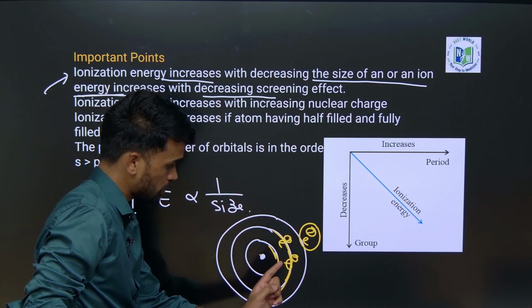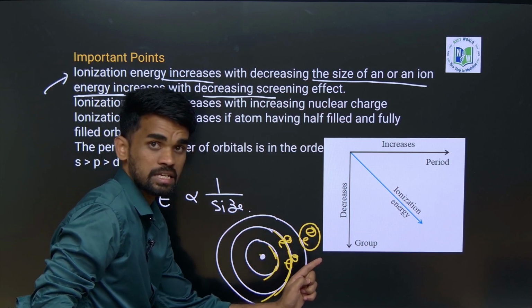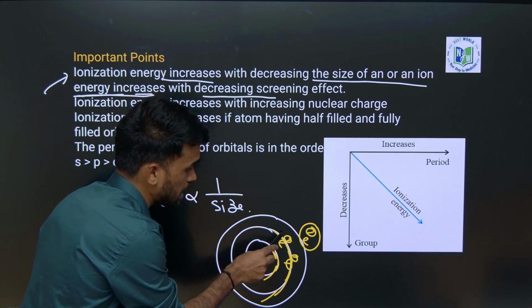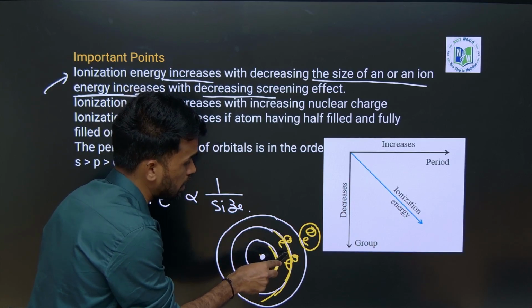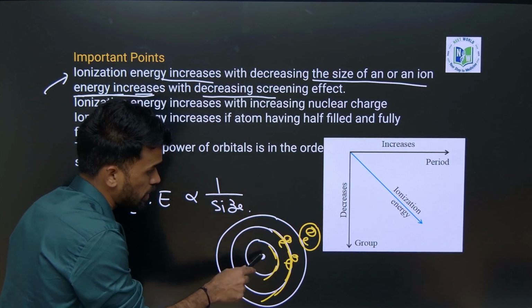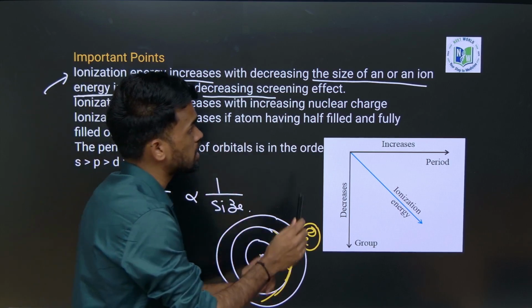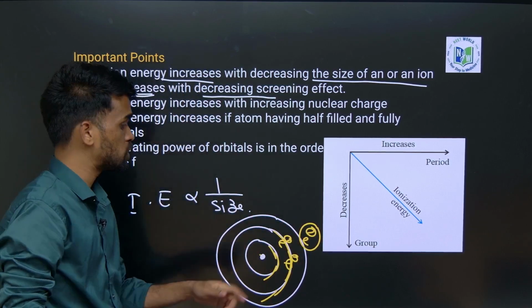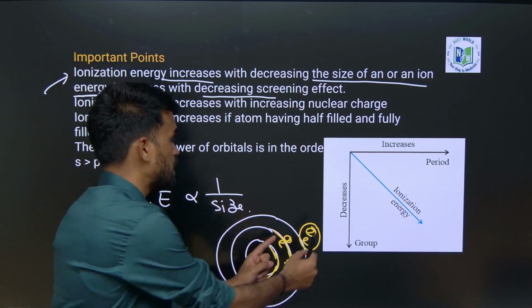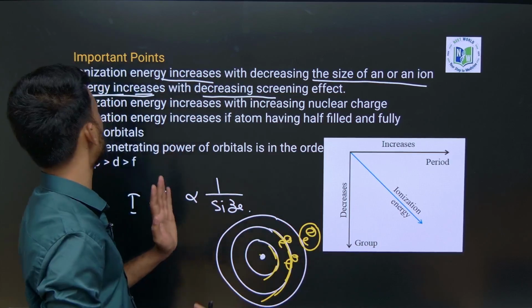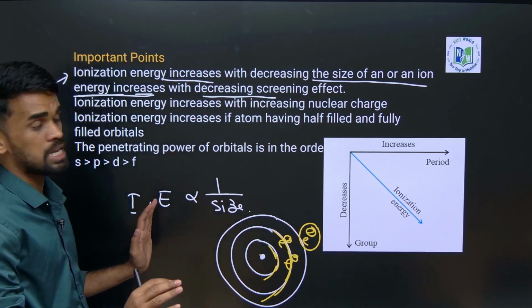Okay. Now while showing this nuclear force of attraction, if the inner electrons are acting like a shield, or hindering this nucleus from showing its nuclear force of attraction on the valency electron, that can be considered as the shielding effect. If this shielding effect is more, we can easily remove this electron. So more shielding effect, less ionization energy. Okay, I hope this is also clear.